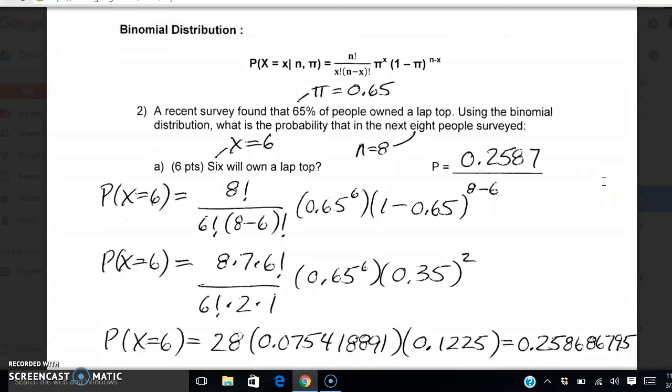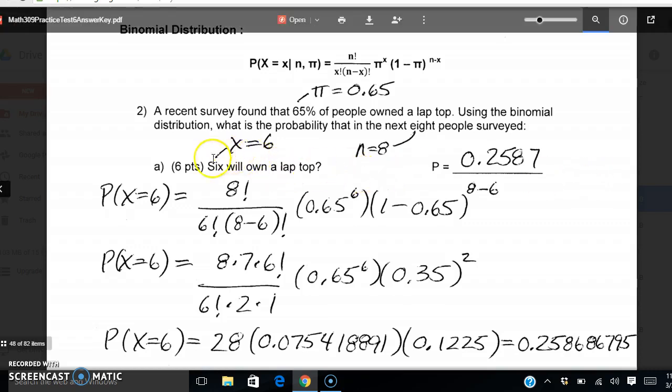Okay, this is practice test number 6, problem number 2. And here we're using the binomial distribution in a practical application. And the question is, a recent survey found that 65% of people owned a laptop. Using the binomial distribution, what is the probability that in the next 8 people surveyed, A, it says 6 will